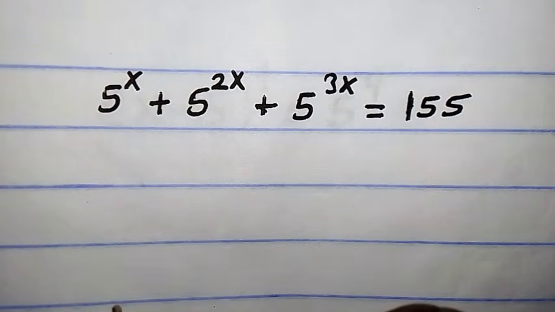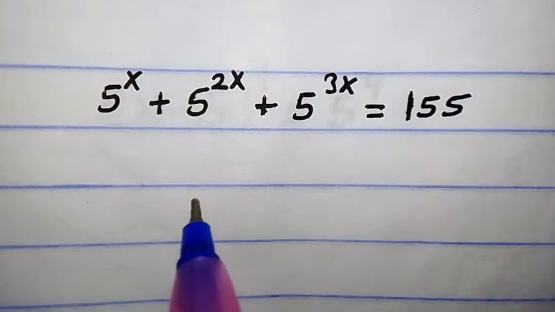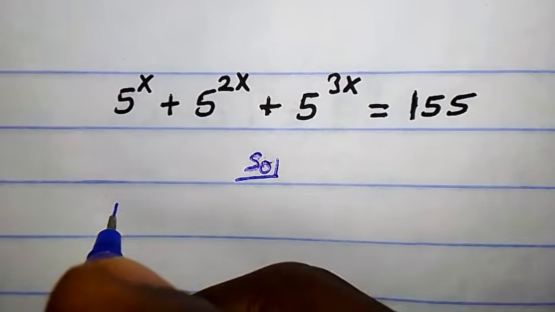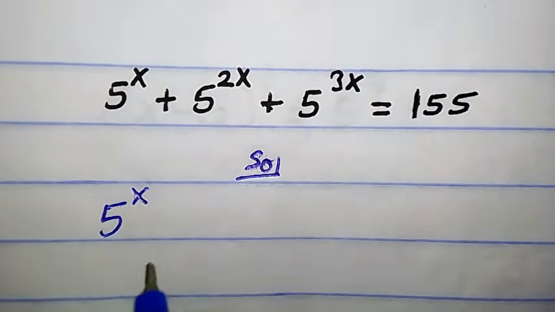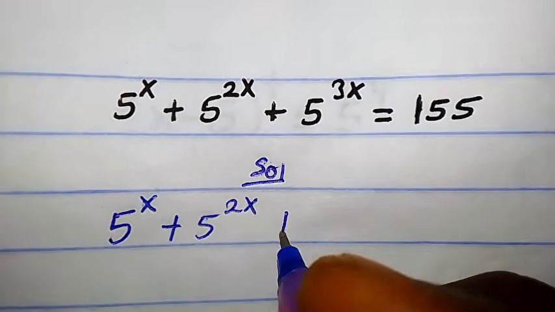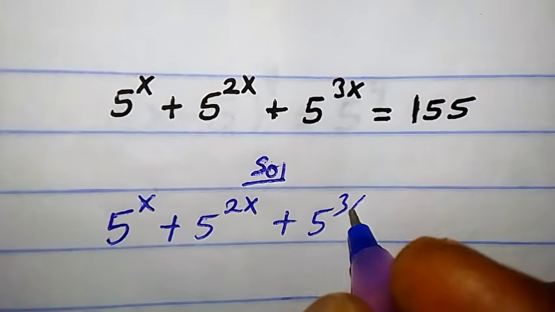Hello, how do we solve this exponential equation? Without further delay, let us begin. 5 to the power of x plus 5 to the power of 2x plus 5 to the power of 3x